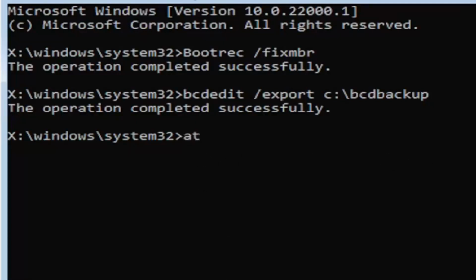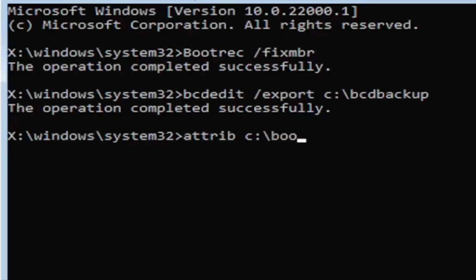It's going to be ATTRIB space. Now we're going to do the same drive letter we did before, so it's going to be the C drive in my case. And then again, it's going to be a colon, which is basically one dot on top of another dot. So if you hold down the Shift key and the key right next to the L key on your keyboard. If you're unfamiliar with where to find the colon key, that's where it is. You can go on Google Images and look that up too. But again, C colon